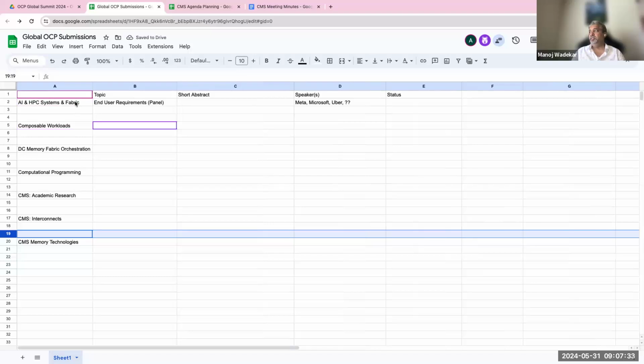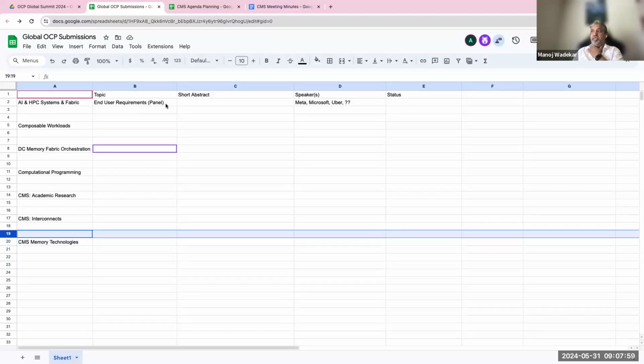But this is a suggestion of which categories we want submissions to come in. As an example, for AI and HPC systems in Fabric, last year we collected 3 presentations together, and instead of calling it a panel, we just made a joint presentation. If I remember correctly, I forgot exactly how much time we had.